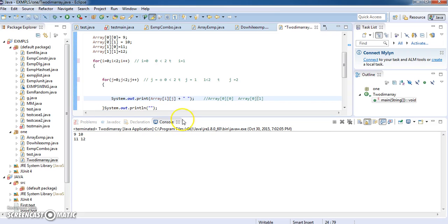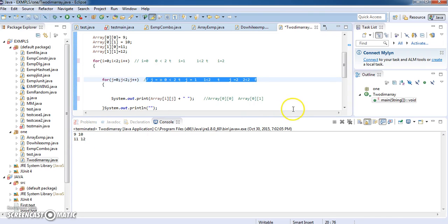Right? Now here actually your j value is 2 and now here 2 less than 2 is false. So it comes out of your inner loop and now it goes to your for loop of I. Now your I value becomes 1. 1 less than 2 is true. Now your I value will become 2 here. Now it comes to your inner loop for I value 1. Again the same process will execute.